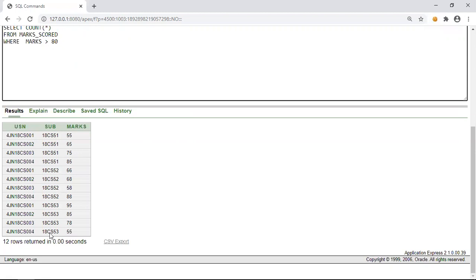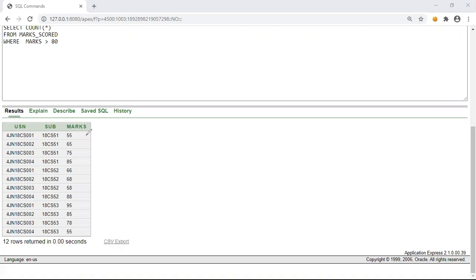Then what we have to do? We have to perform the sum operation. So that is how we do, right? In order to calculate the sum, what we have to do?